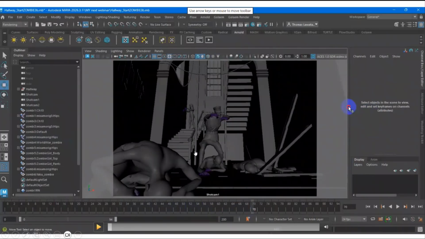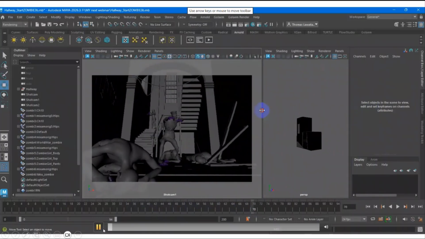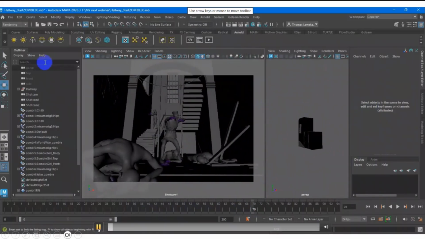That's why I try to arrange which current position I need to render, which current camera. Let's say from the shot camera; you can create cameras in your scenes. Let's say in shot cam one, here I try to put the lighting.